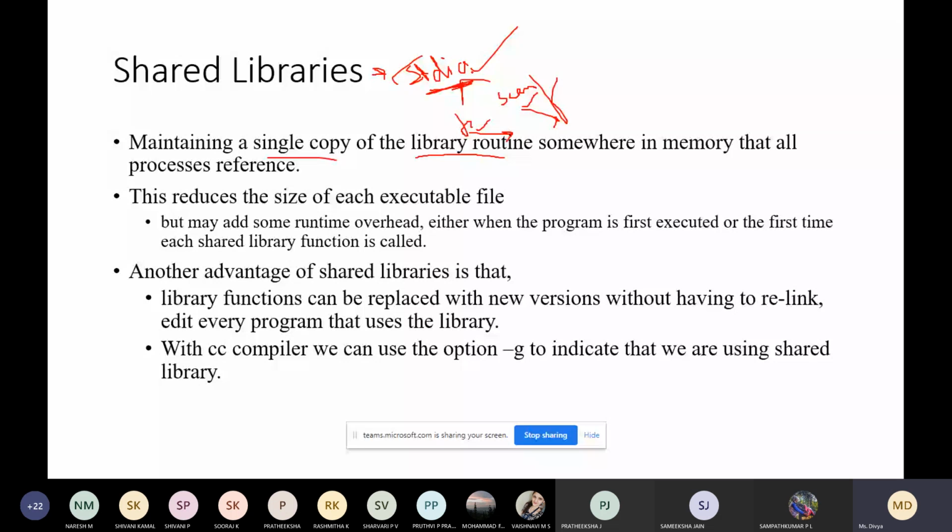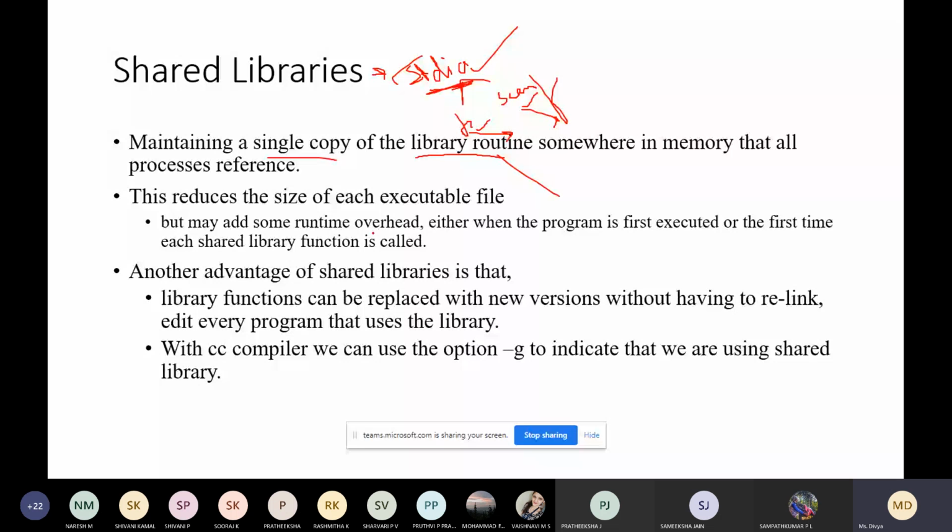It doesn't take much time, a fraction of a second. When the program is executed the first time, each library function needs to be called. So that is some overhead, a small disadvantage of going for shared libraries, which can be covered by the many advantages.